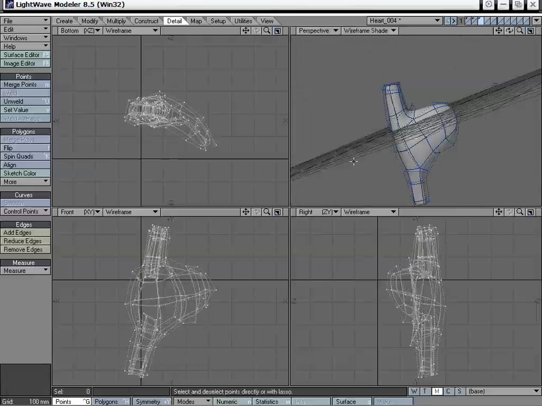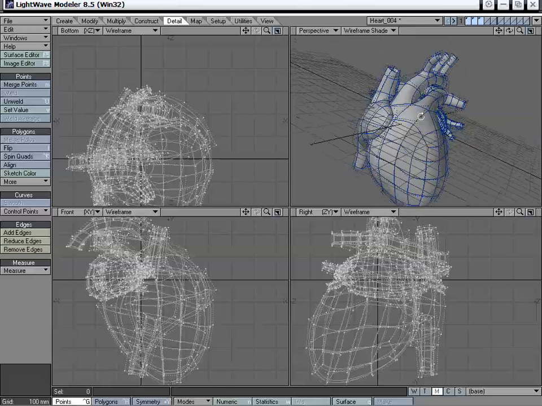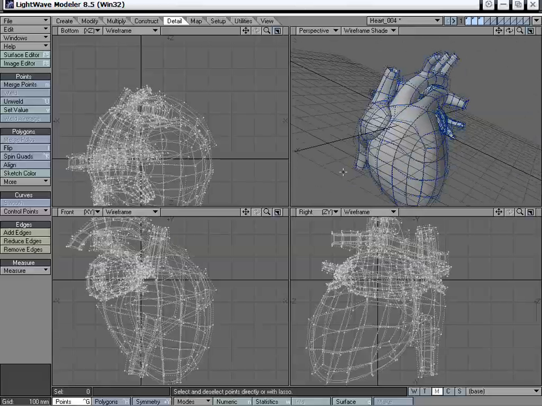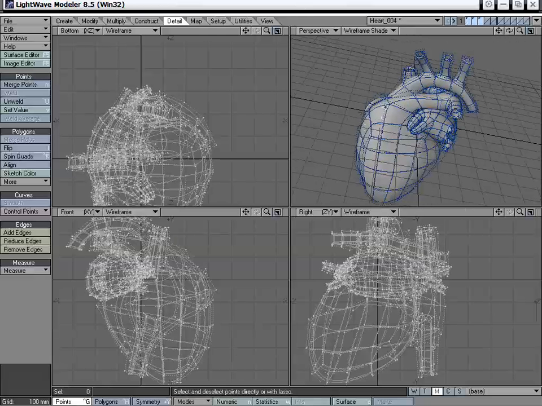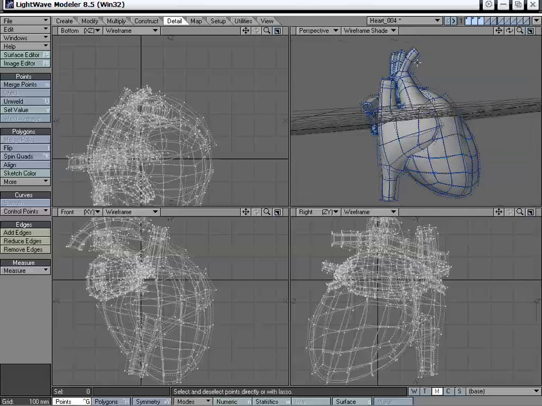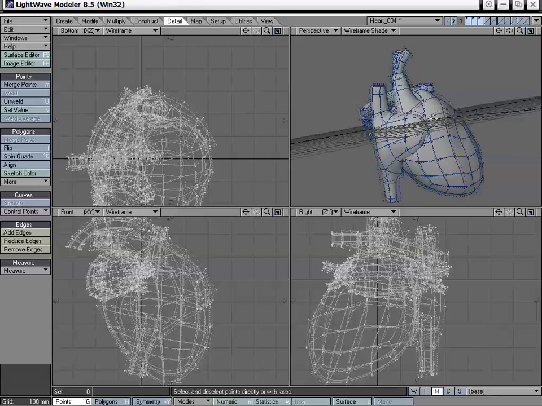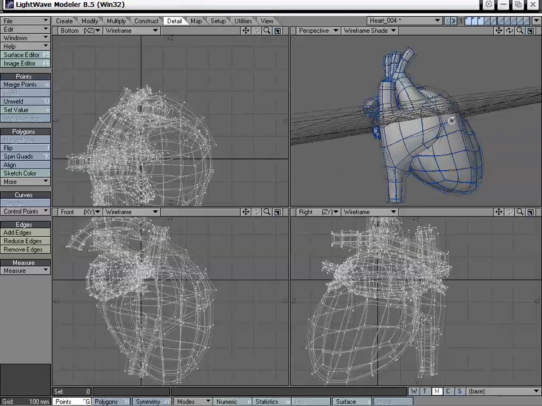In this case, I'm not really going to add any more detail to it because I don't think it really needs any more. But you can get an idea now on how to UV map this heart and bring it into a 3D Paint program or even Photoshop, because that'd be pretty simplistic to actually use that UV we had before just to paint on it in Photoshop and get an idea how that works, or any 2D paint program. It doesn't necessarily have to be Photoshop, although that is probably the most widely used program